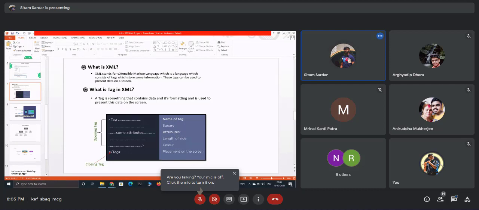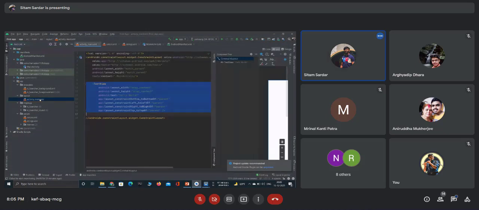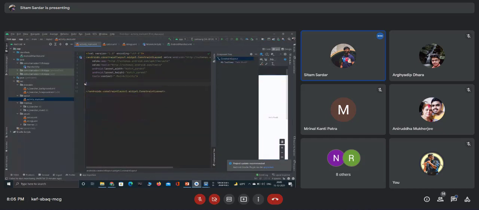So let's come to the real-life example in Android. Actually, let's come to the main file, the main example. If I remove this, look at it carefully. This is a tag, which is there and there.